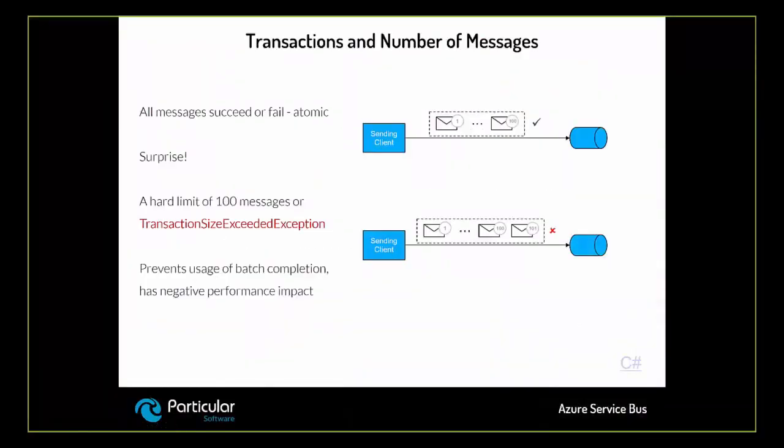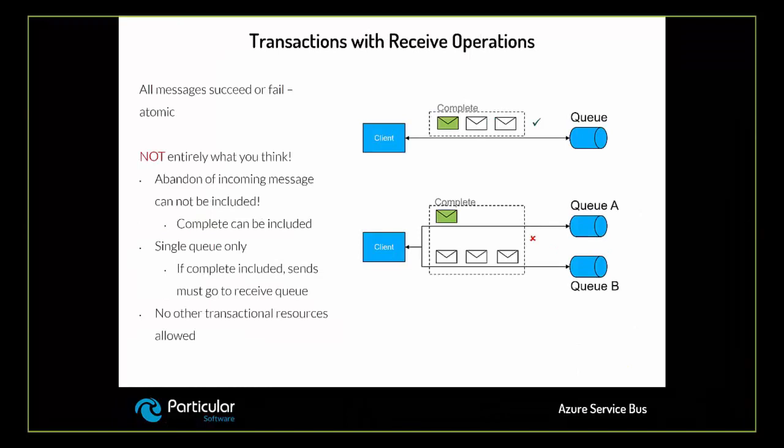Now, what happens if we have transactions with receive operation? Again, in case of a single entity, this scenario would work. We would be able to receive an incoming message, send out to the same queue other messages, and complete the transaction scope. But the moment we're trying to send and receive to multiple entities, just like in this sample, receiving from queue A and sending to queue B,